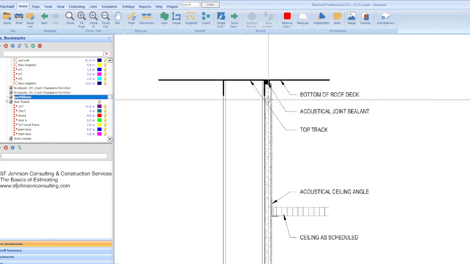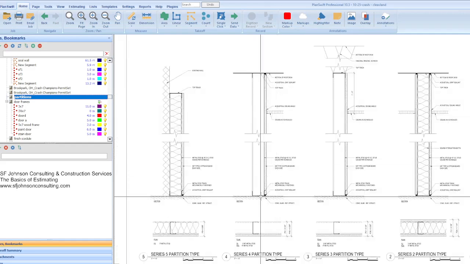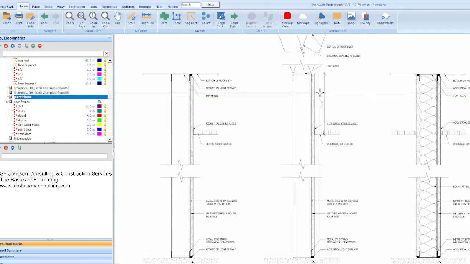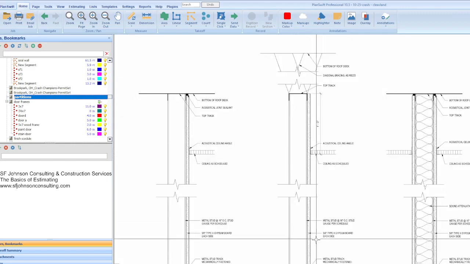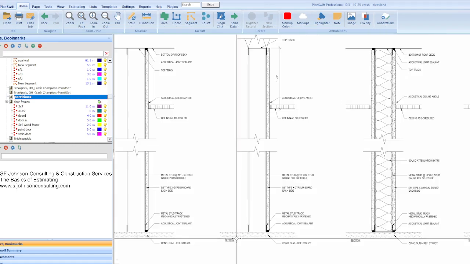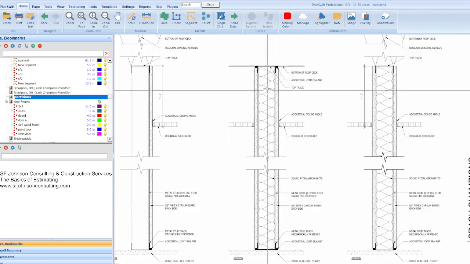Drywall on one side, and then some acoustical sealant, top and bottom on one side. Same thing here. Drywall on one side, no acoustical sealant, but at the bottom. And here we have drywall on both sides, batt insulation and acoustical sealant,